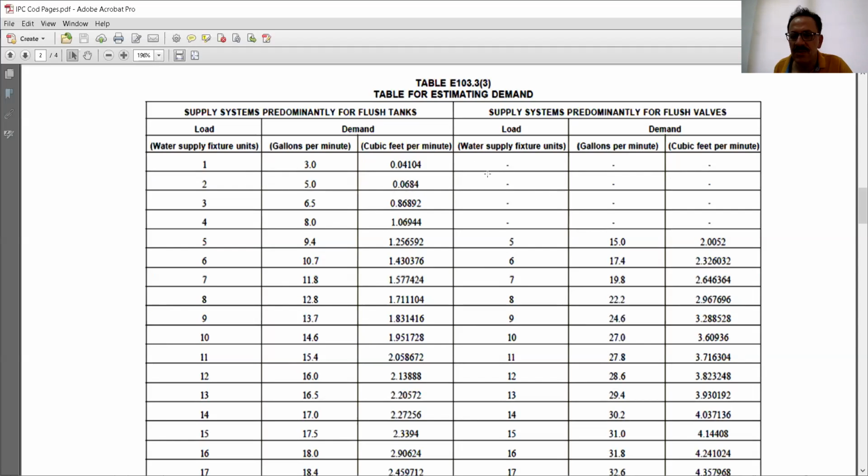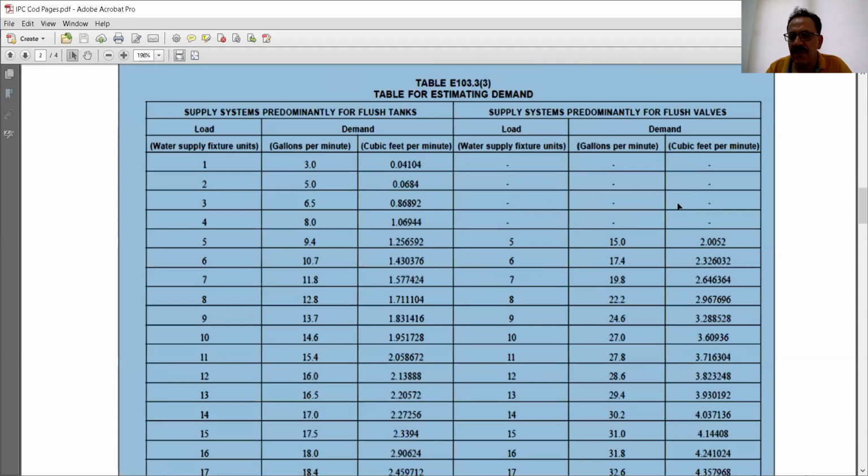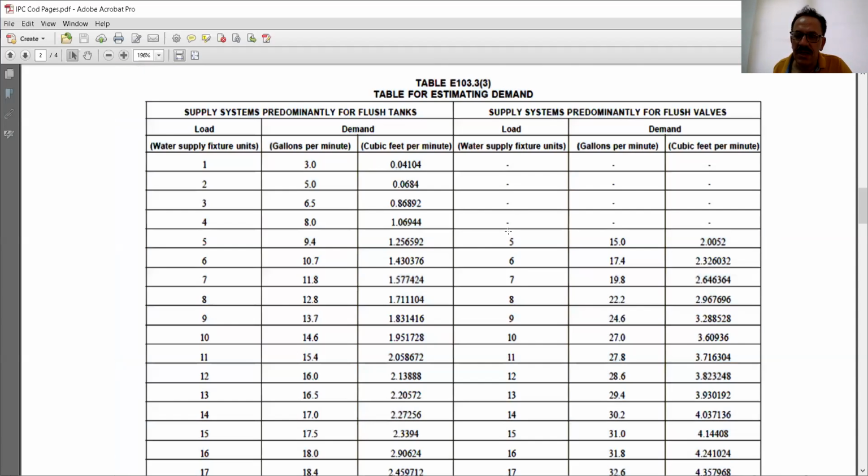2.4, because if you have the pressure valve, you don't have 2.4, so you have to go directly to 5. So you will say, okay, I will need to have at least 2.005 feet cube per minute. This does not exist, so you have to go with the 5.